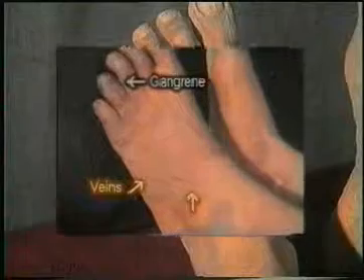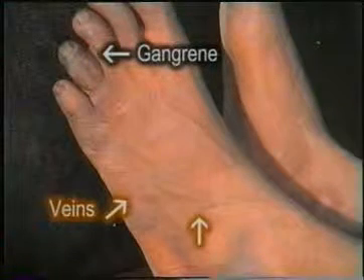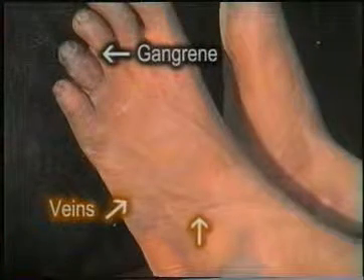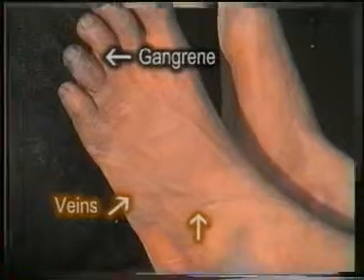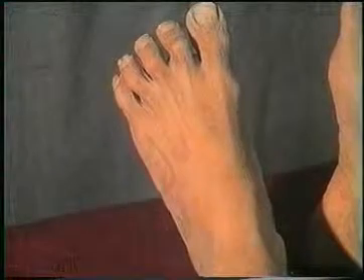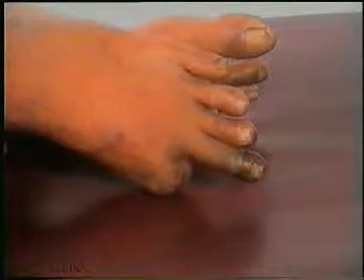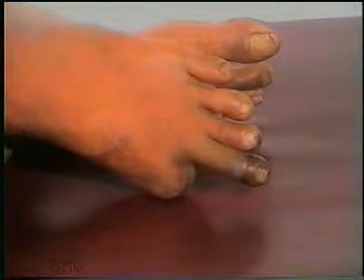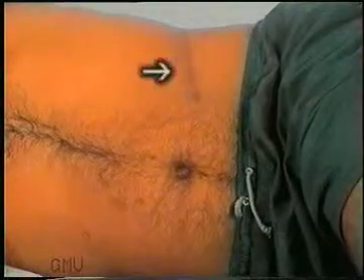Now inspect the veins over the dorsum of the foot. If they are well filled in the lying down position, it indicates a fairly good circulation. But if they are collapsed and gutter-like, then it is an indication of severe ischemia. If the patient has had an amputation before, like this toe amputation, or if ischemia is long-standing, look for a scar of lumbar sympathectomy, a transverse lumbar scar at the level of umbilicus.